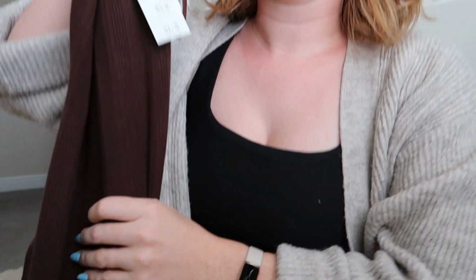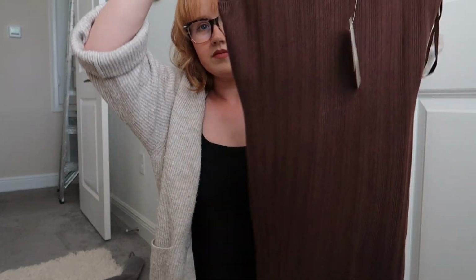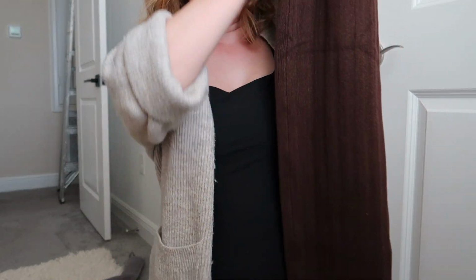Then I also picked up a sweater dress, again kind of going off of looking for outfits for our trip and then also kind of the rest of the year. This is actually really heavy, thick, nice material. This is like a ribbed brown chocolatey color sweater dress. It goes all the way down, and then it does have a cut or little slit on one side. Not too high,